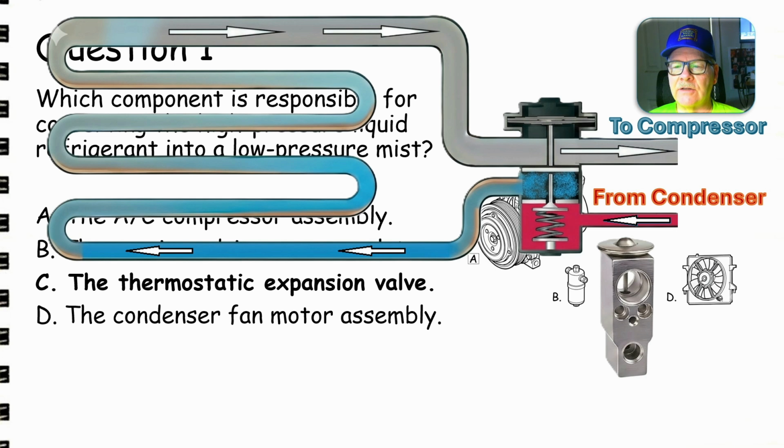Let me turn on my laser here. You got your liquid coming through here. It mists through this little orifice, which will move based on the temperature of the air coming through here, or if it's got one of those with a remote bulb connected to this little chamber, it basically throttles this so that it won't freeze the evaporator. We've talked about this before. Not a bad idea to burn this stuff in. So from the condenser to the compressor, and what's coming out of here is low pressure gas. Okay, that's